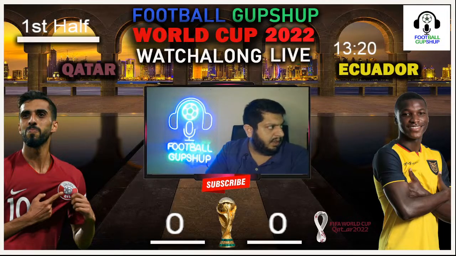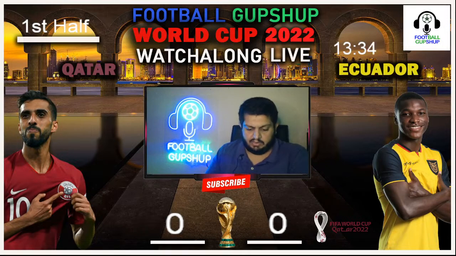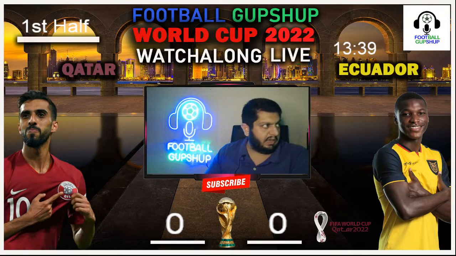So anyway, right now Qatar have got the ball. This is going to be interesting, what they're going to do. Right now Qatar once again on the ball, pushing the ball direct into the center. Once again intercepted by Ecuador. They have got the ball. This is turning out to be quite interesting. Ecuador once again trying to push the ball forward. And right now, ball coming in towards Qatar. Qatar with the ball right now. And it is still nil-nil. 14 minutes have gone into the game. So this is becoming very interesting to see what is going to happen.